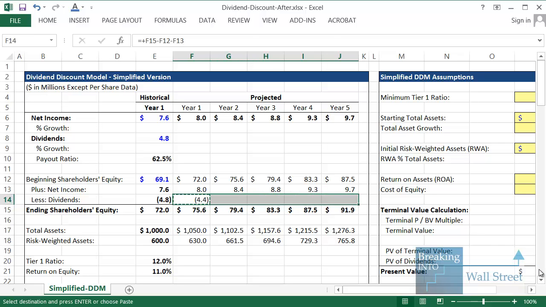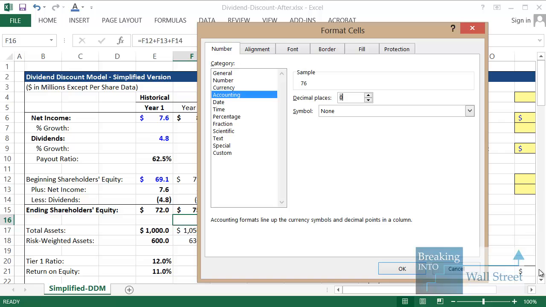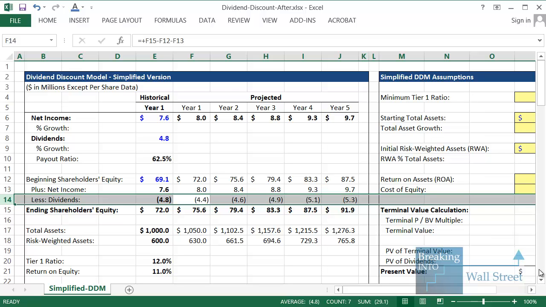Let's copy this across. And just to check our math here, let's take our beginning number plus our net income and then our dividends to see that we add up to the 75.6, and looks like we do. So these match up. And so that was a very simple step, but also a very critical and important one,